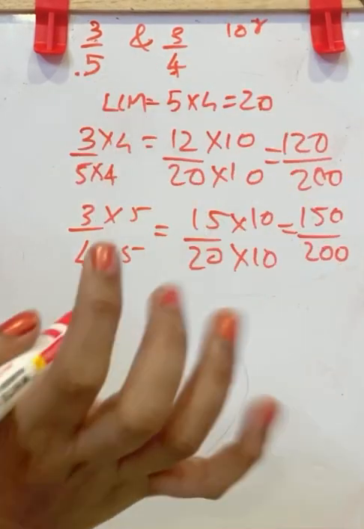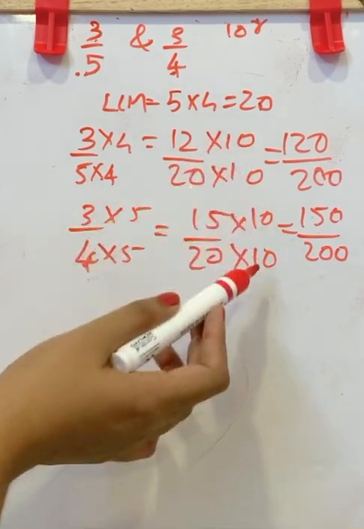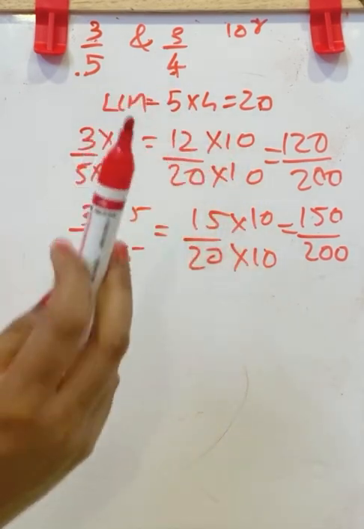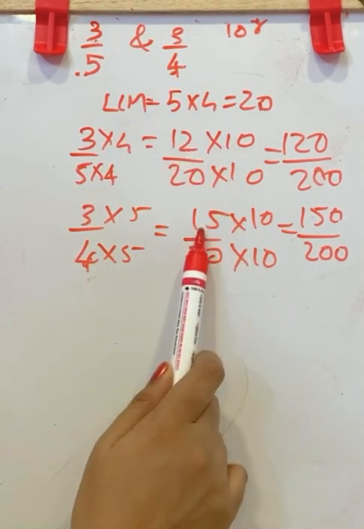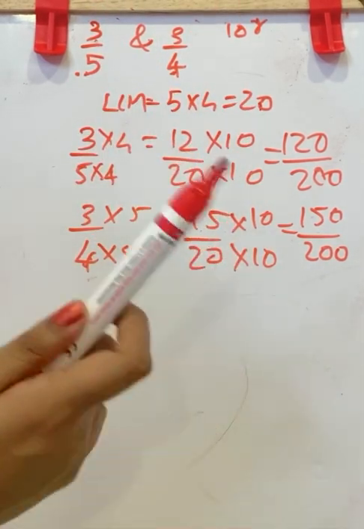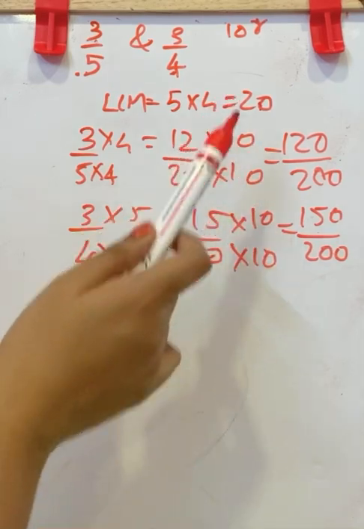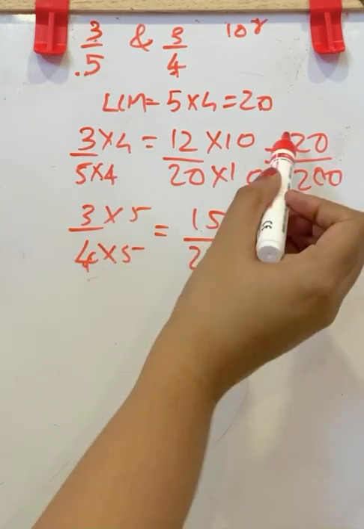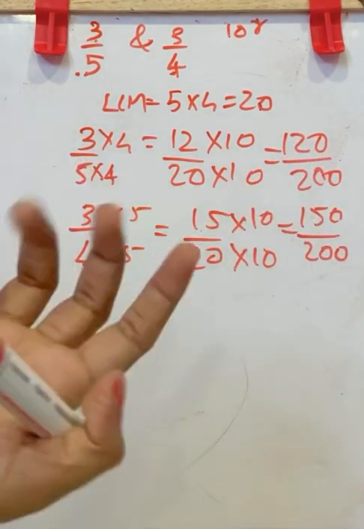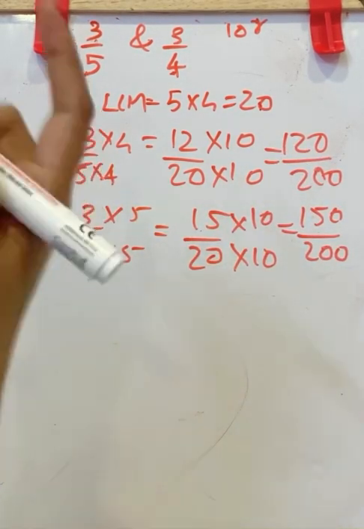This is the easiest method. Or you can multiply with any other digit, but remember, you have to multiply the same digit to both numerators and denominators. But in that, the easiest one is 10. So simply you can add a 0 to it and write the fractions like this. Now between 120 by 200 and 150 by 200, you can find 10 rationals.